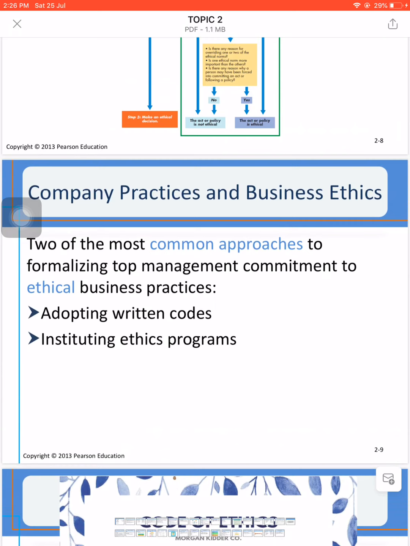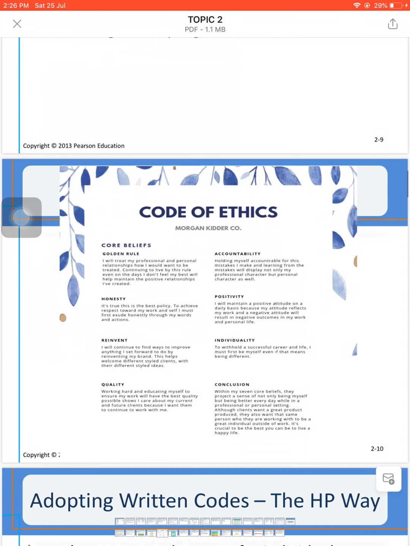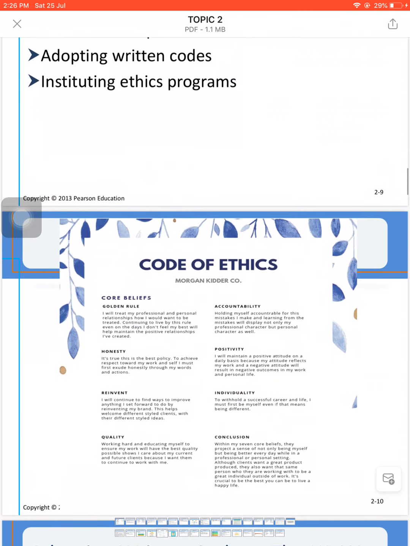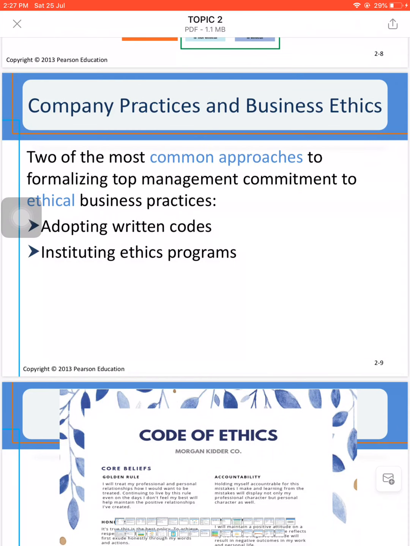An example is the code of ethics of Morgan Kinder Co. I think this company is a US company. They provide photography services. This is their written code, which is the golden rule: honesty, reinvention, quality, accountability, positivity, individuality, and inclusion. This is one of the examples. You can read your own. And then instituting an ethics program is